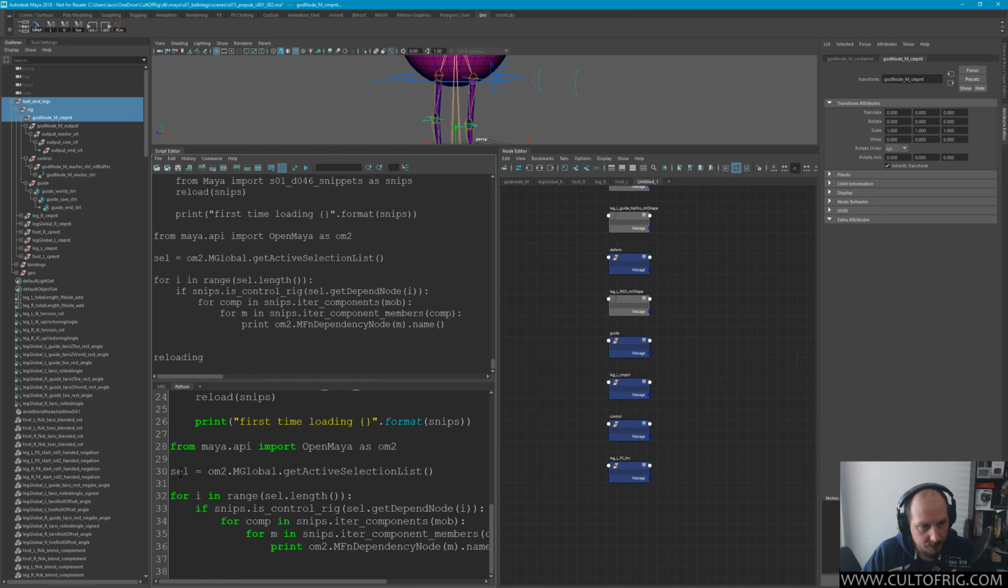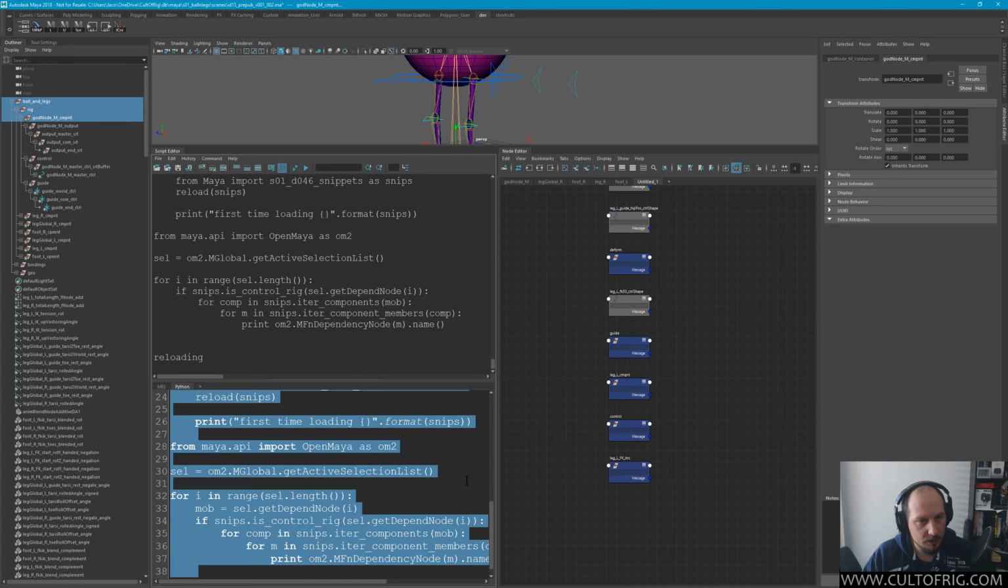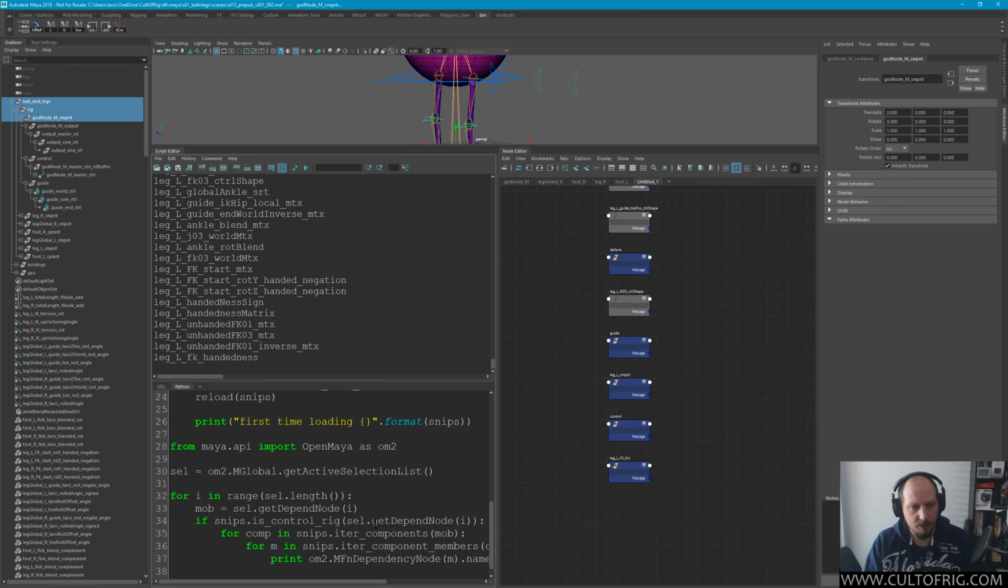Now, so for i in range selection length, control rig cell get the pin node i. So I want to form mob in here because it's holding on to an old mob. Mob equals these. Let's see. There you go. Okay, so the issue was with our silly script. Cool. So we can now get all members, which means that